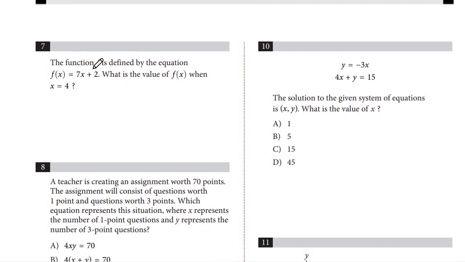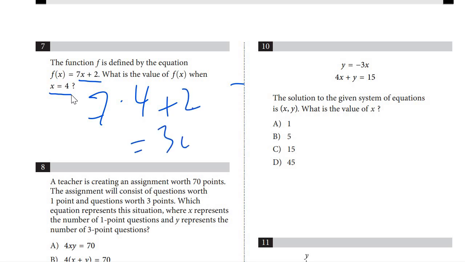Number 7. The function f is defined by the equation blah blah blah. What is the value of f when x equals 4? Well, it couldn't be simpler, this question. When you see x is equal to 4, then x is equal to 4 also in that equation. So just plug in 4. So you're going to get 7 times 4 plus 2. That's going to be 30. 7 fourths is 28 and 2 makes 30. So far,